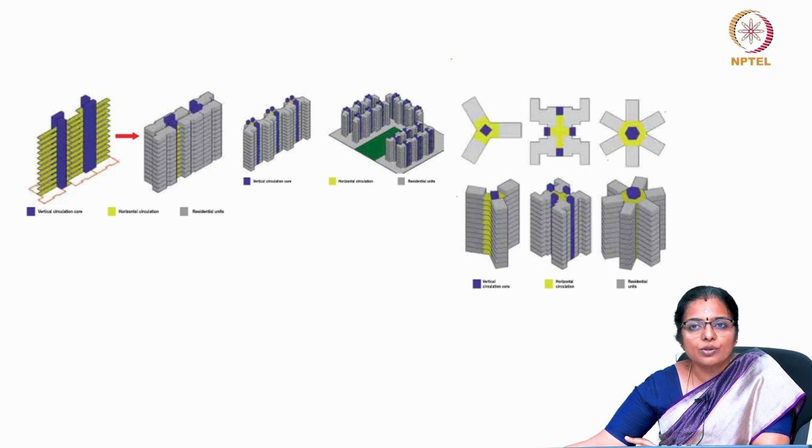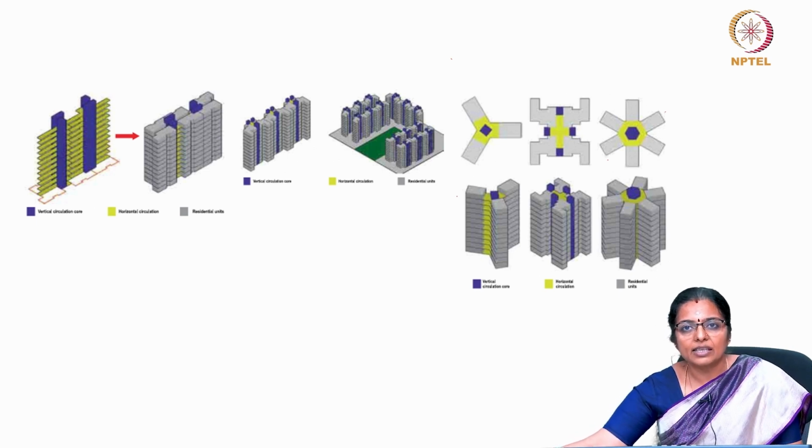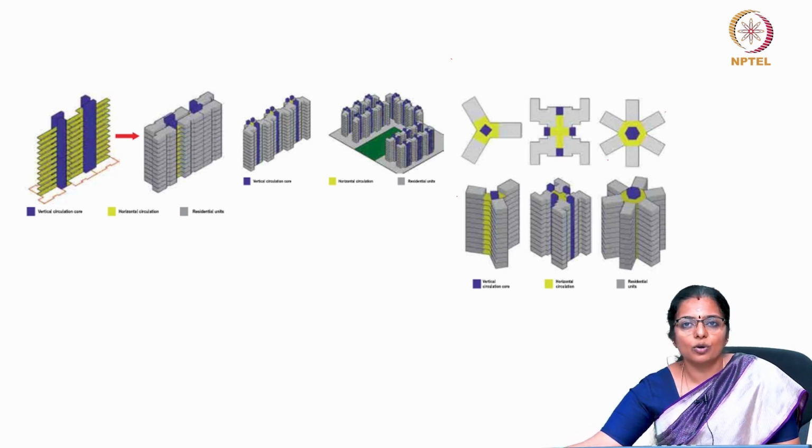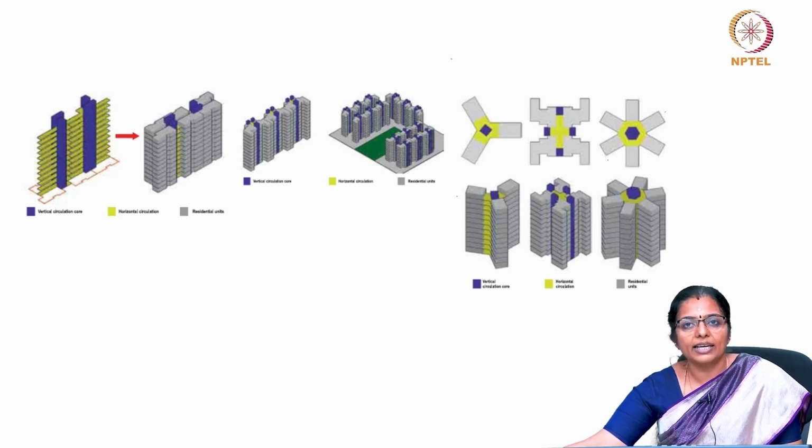And we must also consider the height of the context buildings, the distance between the buildings, the latitude and its location. So, the main objectives in terms of form and orientation in hot dry climate are